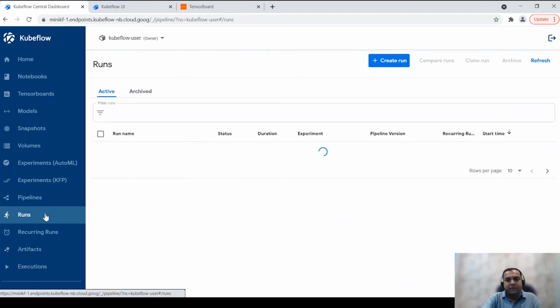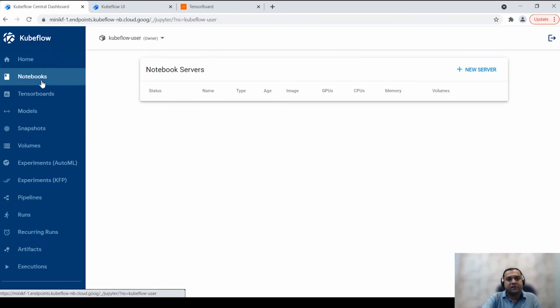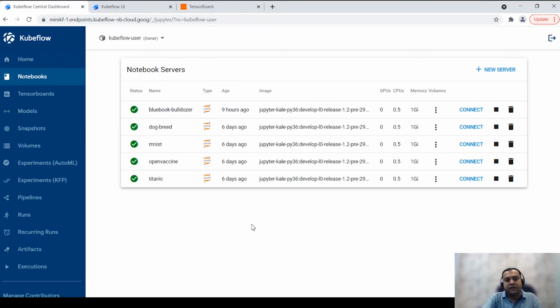Runs show how many times the experiment got executed. It has a whole log over here. So these are some of the important options of Kubeflow. So let's see by example. Let me show you an example of end-to-end deployment of the MNIST dataset